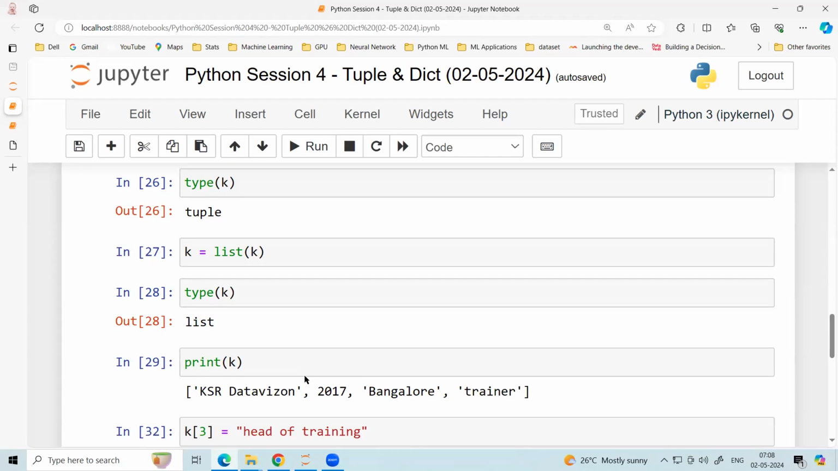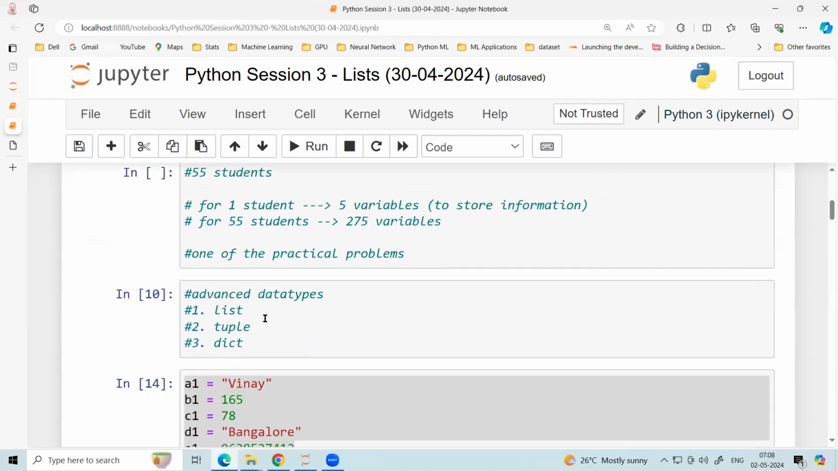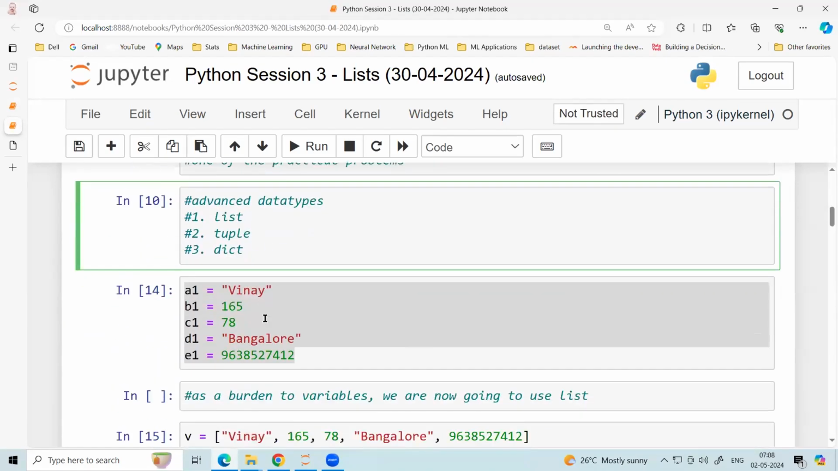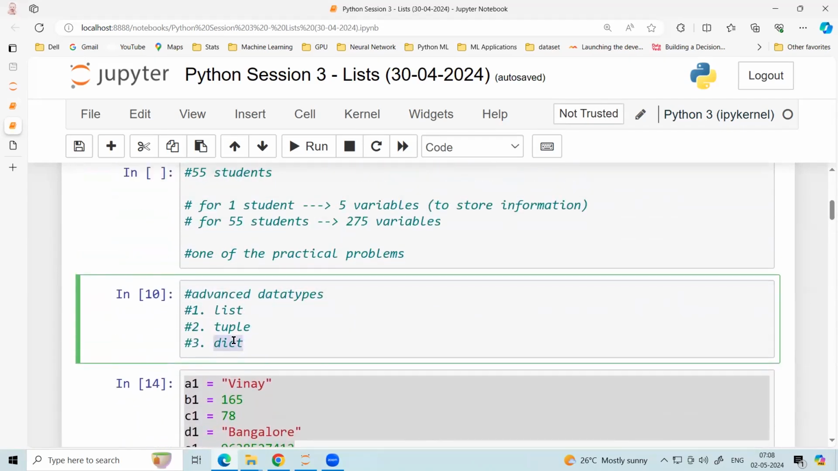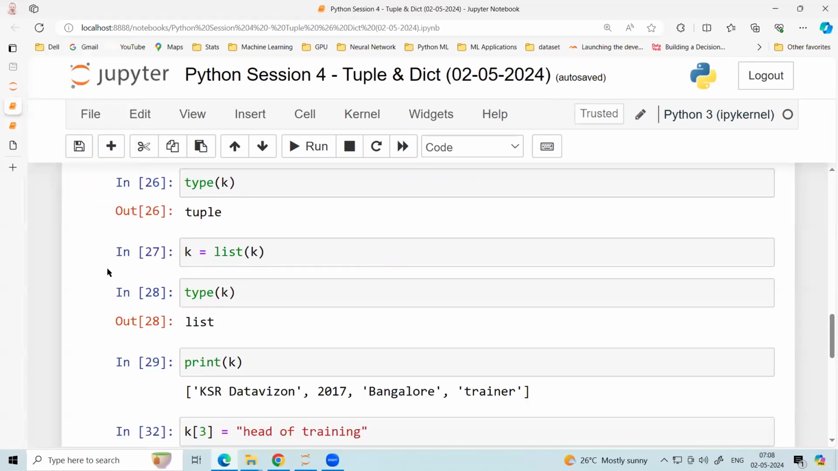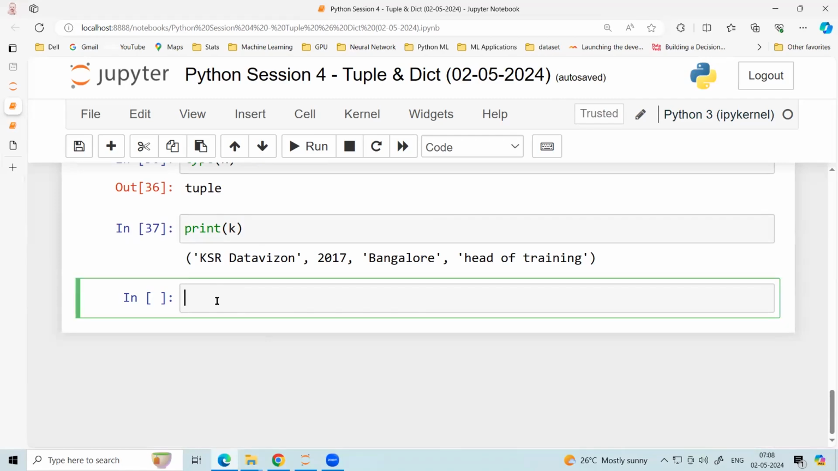Okay. Now, this is fine. Now, this is what we have. List, tuple. So list is mutable. Tuple is immutable, right? We have seen this. Now let's go for dictionary. I'll tell you one problem with the tuple. This is a tuple. I'll tell you the problem with